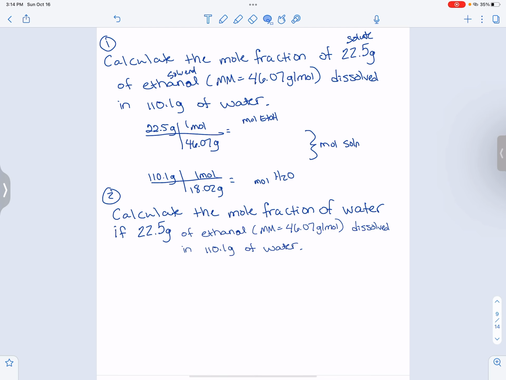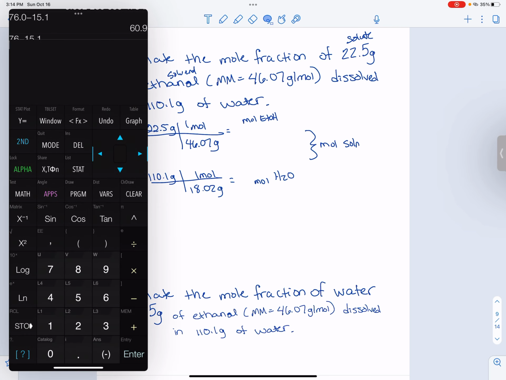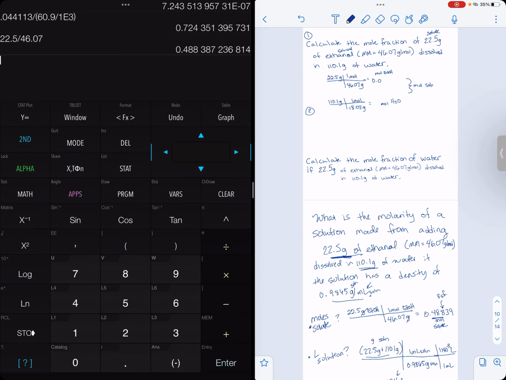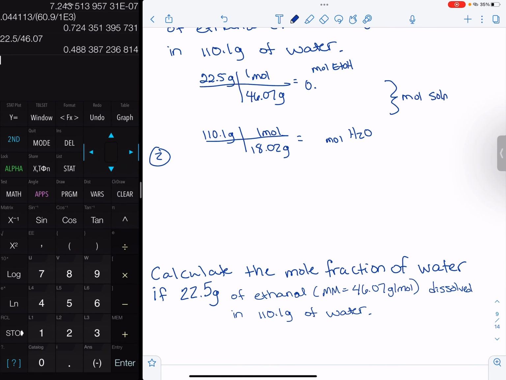So I'm going to scooch this one down. So funny when it does that. Okay. So 22.5 divided by 46.07, and that gives me 0.488. And I'll just do an extra digit or 2 since I'm going to be doing some of these numbers, 39. And then on the next one,